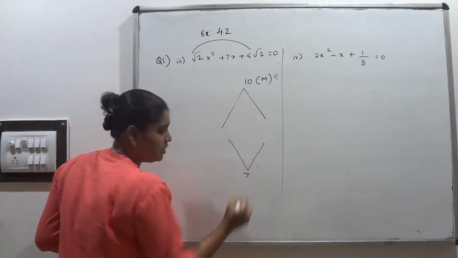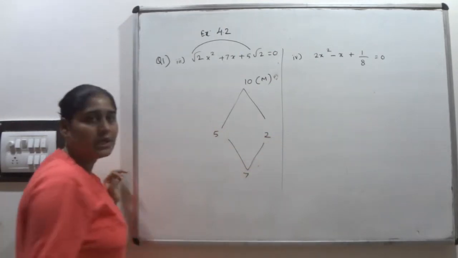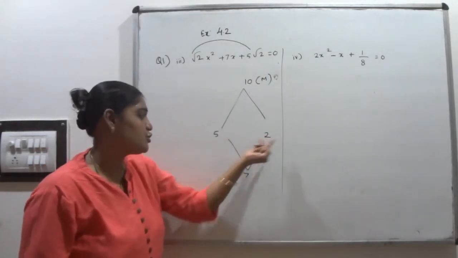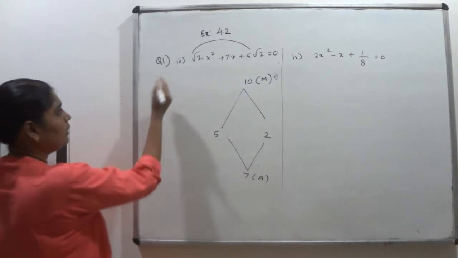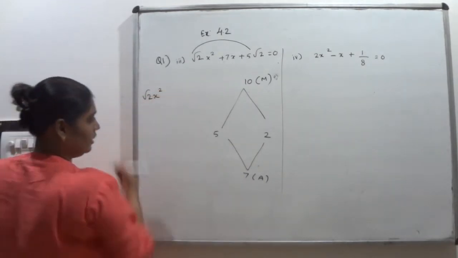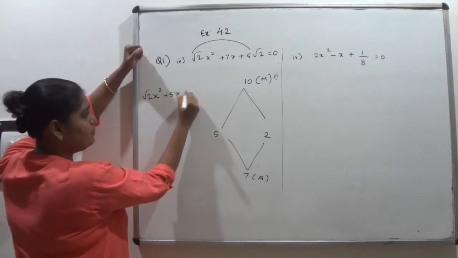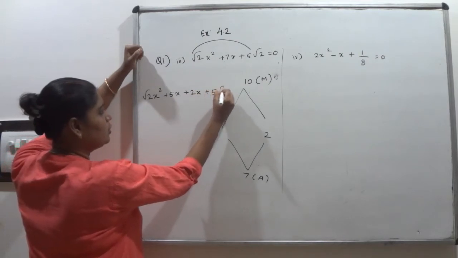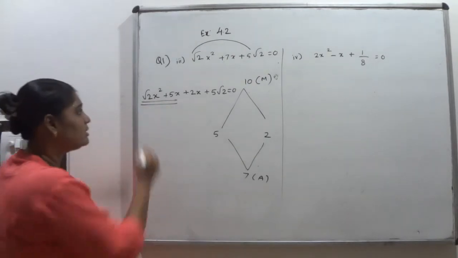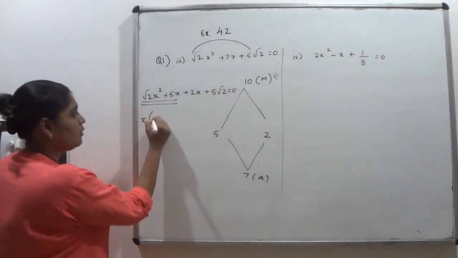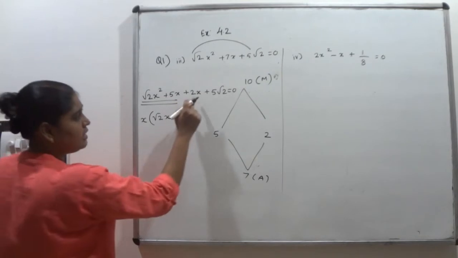Okay. In addition what do you need? That is the middle term. What is it? Plus 7. So I am going to write it here: 5 into 2, so that I will get 10 in multiplication. Add these two numbers, you will get 7. So these are the pair of numbers, 5 and 2. Okay, write it here. Root 2x squared, this plus 7x, 5x plus 2x plus 5 root 2 equal to 0. In these two terms, what is the common number? Simply x is common. So take it out. Here what will be left over? Root 2x plus 5. Yes, the same way here.